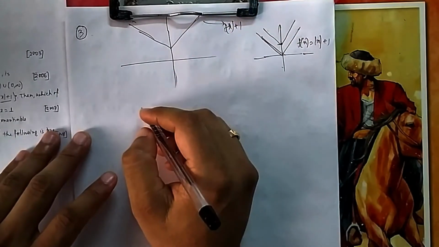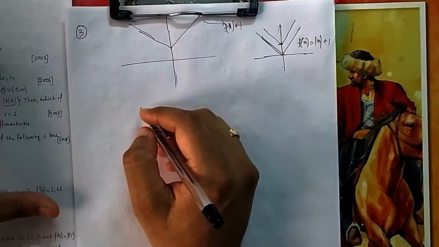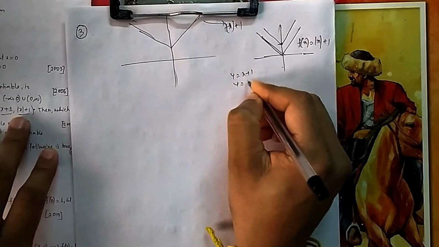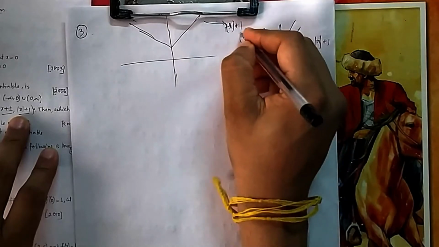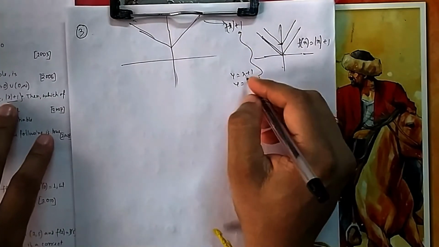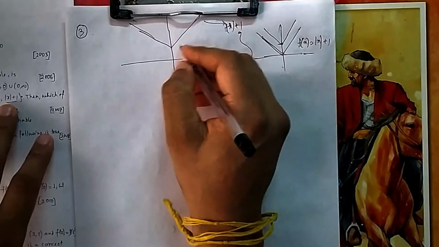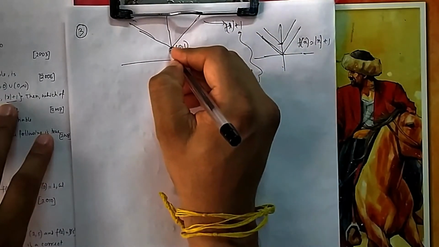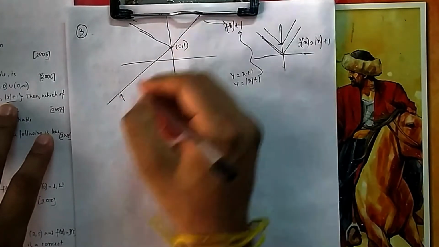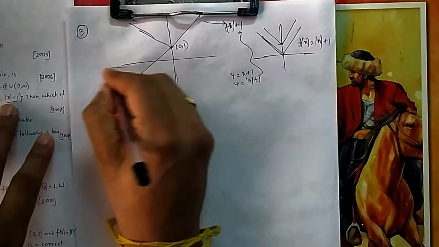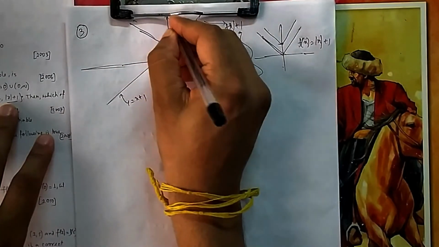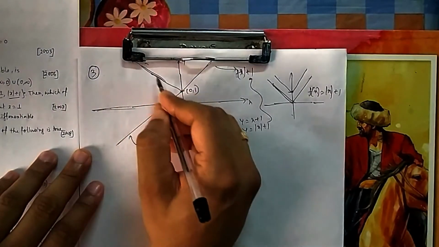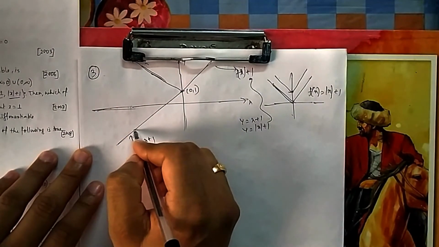And one more graph they are asking, that is y equal to x plus 1. Another one is y equal to x plus 1, one is y equal to mod x plus 1. So we have drawn this one, mod x plus 1. Now y equal to mx plus 1, m is 1, so this point is already (-1, 0). So this is the same graph, this entire line is for y equal to x plus 1. Now you have to move along x and see the minimum value. Now if I am moving from this side, then out of these two curves, which one is minimum? Obviously this one is minimum,